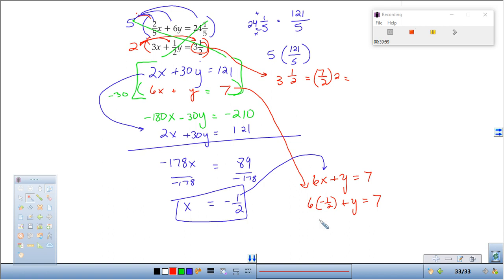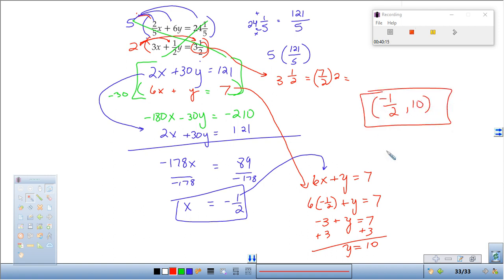This here gives me a negative 3 plus y is equal to 7. Add 3, y is equal to 10. Final answer, negative half, 10. Boom! Okay, on that one now,